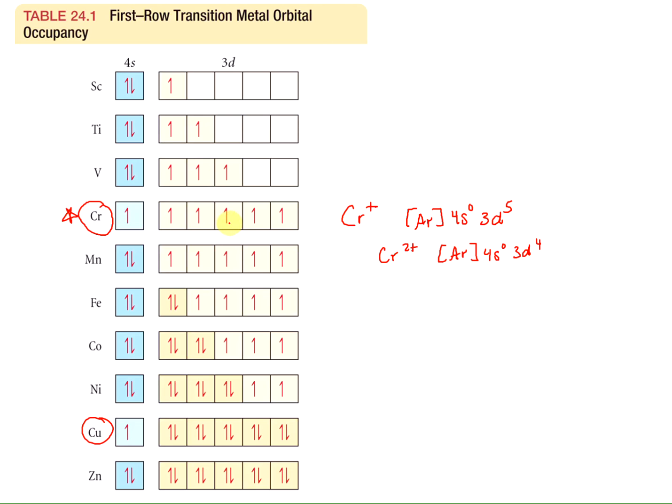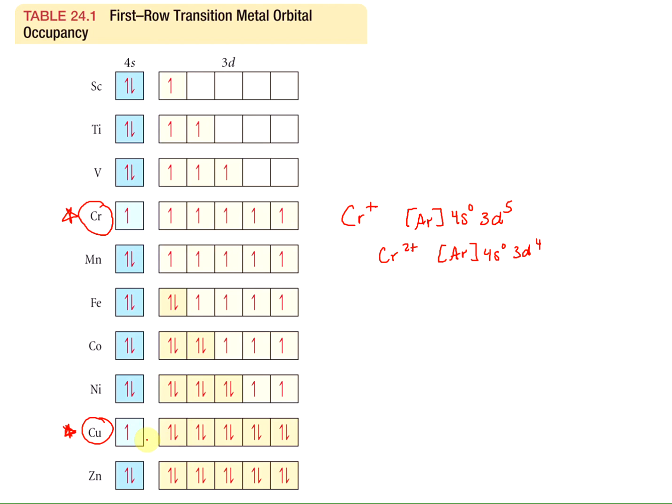And then copper also gets extra stabilization by having all the d orbitals completely filled and only having 1 electron in the s, so that electron gets promoted here. So chromium and copper are our 2 exceptions we have to be careful of. And part of the reason why it gets this extra stabilization when we get this shift is because in reality